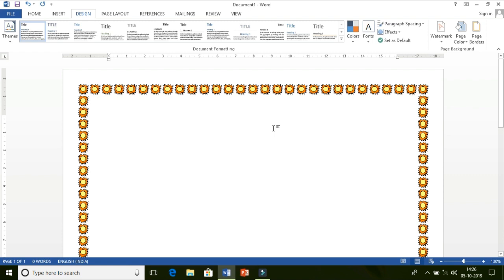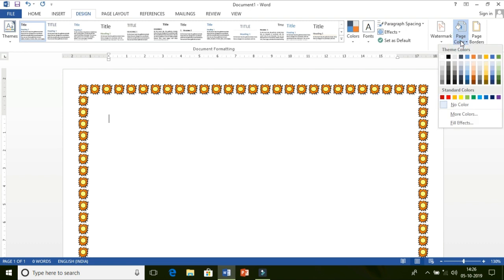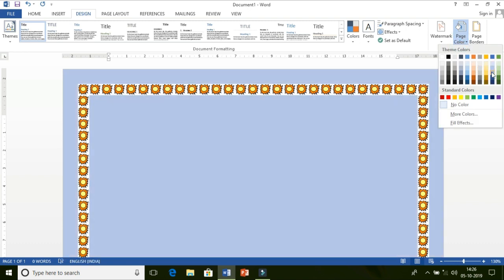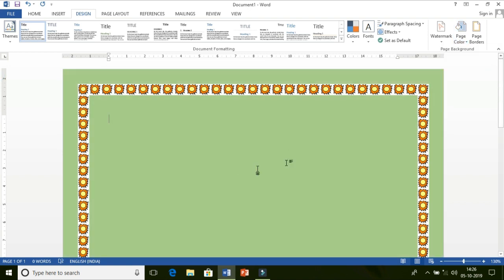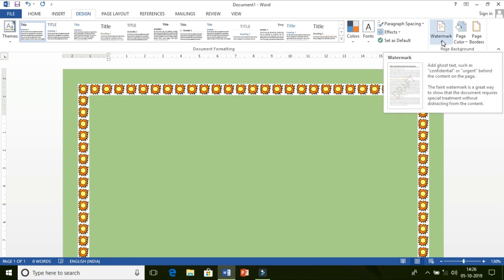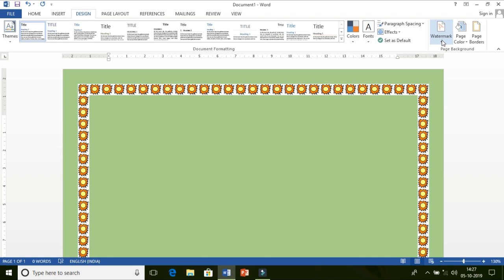After using this page border option, let us see the next command, that is Page Color. Click on the Page Color option. See, you can choose colors for your background like this. Then after that there is one option called Watermark. What is a watermark? It is the faded text that appears on your document behind the actual text to specify the state of the document, just like confidential or draft, or you can also add a company logo or company name in the background. You see how to do this.